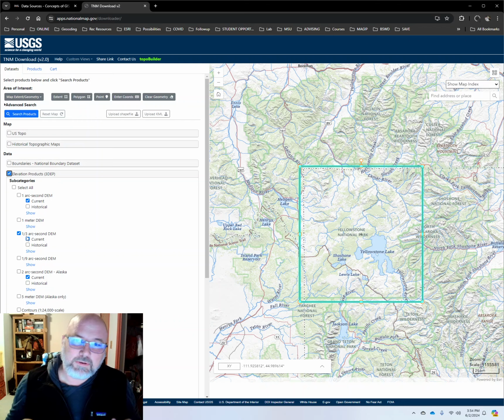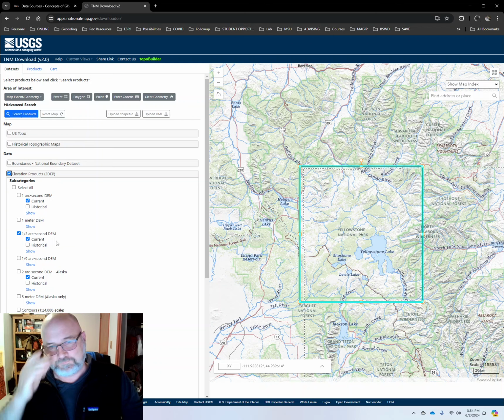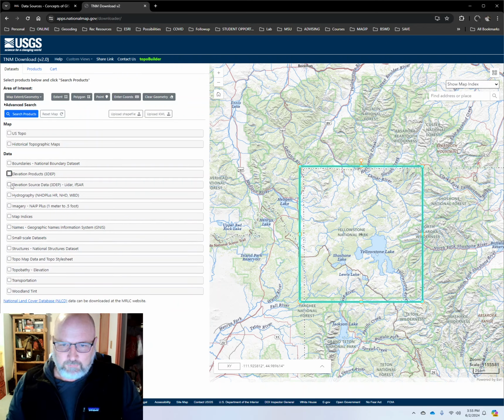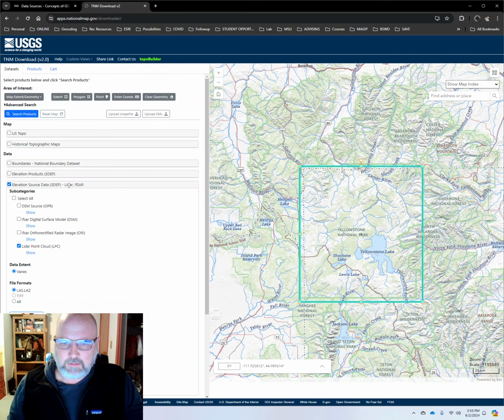This is your 10-meter data, which is kind of the standard around the US. So you can always count on finding 1/3 arc second data. If you can find 1 meter DEM, that's fantastic. That's generally LiDAR data. Or if you look under here, the 3DEP LiDAR